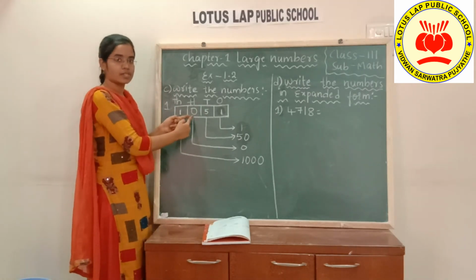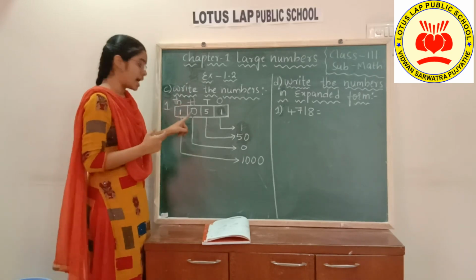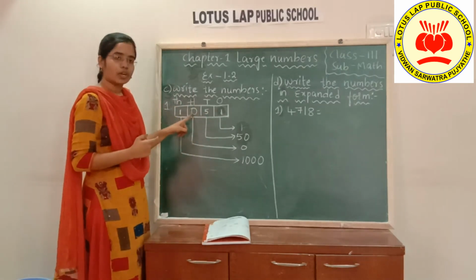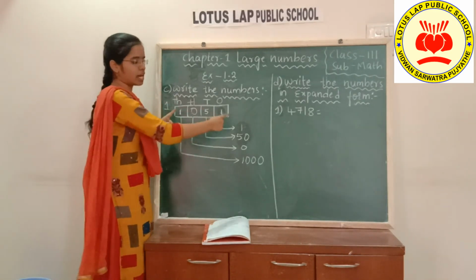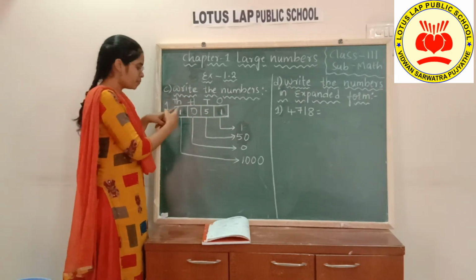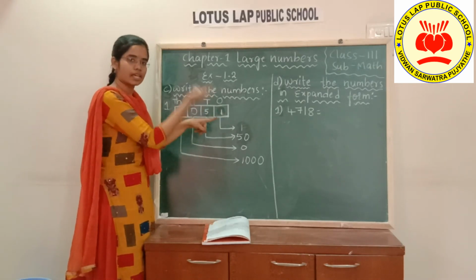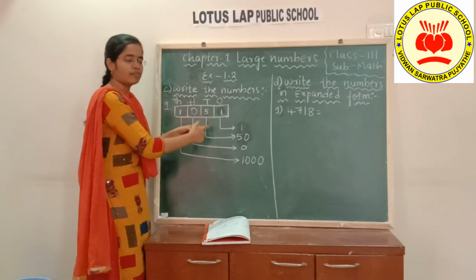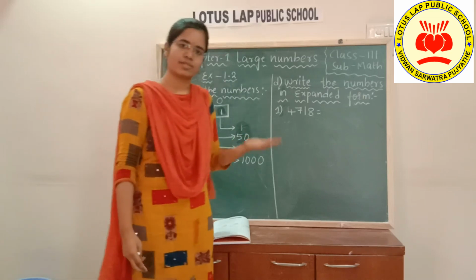In hundreds, no value is there. So we need to tell 1051. Okay, we are not having hundreds place. So we need to just skip the hundreds place and directly tell the tens place and ones place. So what is the answer? 1051. Once again you repeat along with me, children. 1051. Okay? Yes, this is how you need to write a number when the place values are given.